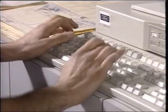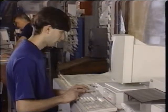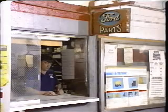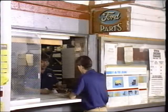I can tell them what's going on with their automobile, explain to them that I have to do such and such, as order parts, or make sure that I can get the components. The parts department's right next to us, so I can walk right over and get all that information and make sure that they're aware of what I need for particular recalls or any components that might be under a program